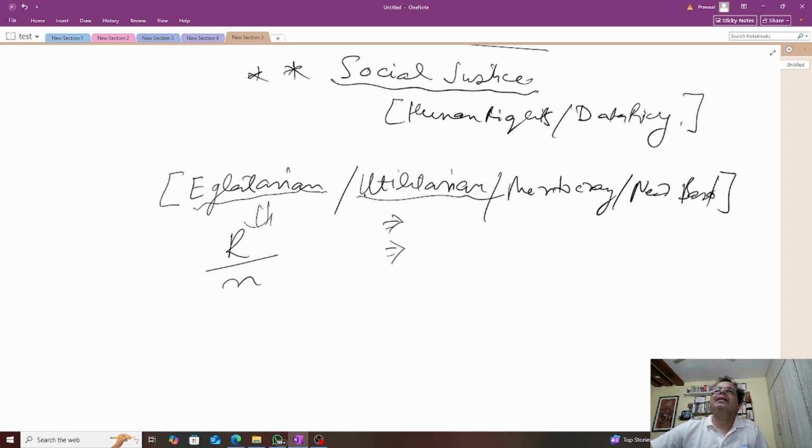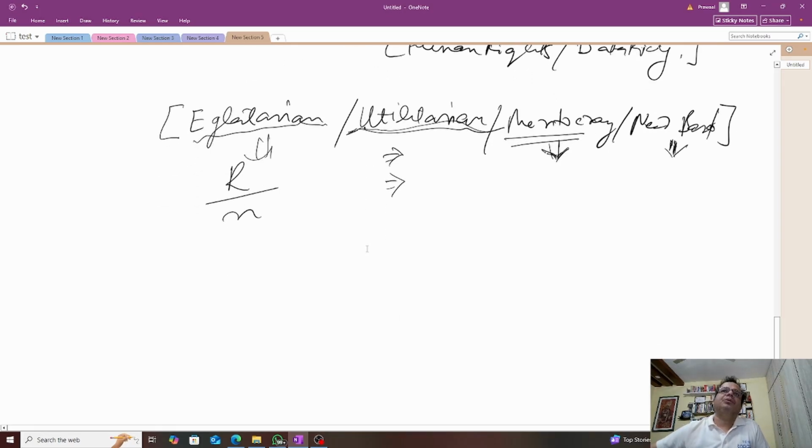So utilitarian is that kind of approach, but the utility is decided probably by the social circumstances or some of the other things. In case of meritocracy, it is on merit, so somebody who deserves more will get the resources, whether that person is privileged or underprivileged doesn't matter. And on the need based, you don't make any thumb rule. However, you decide on a case to case basis on who deserves and who does not deserve. So there can be overlap between these kinds of approaches, but this is how the resource distribution happens from the justice perspective.